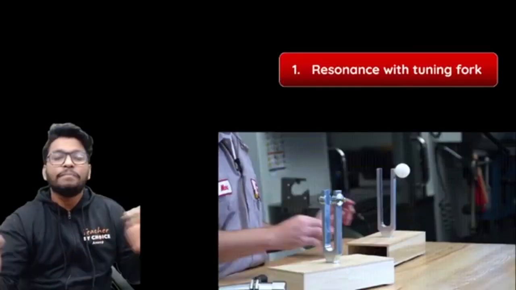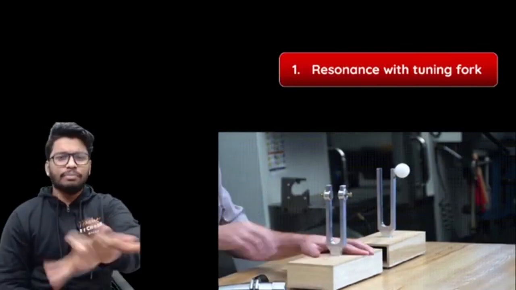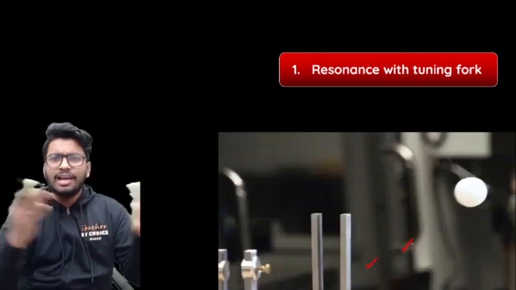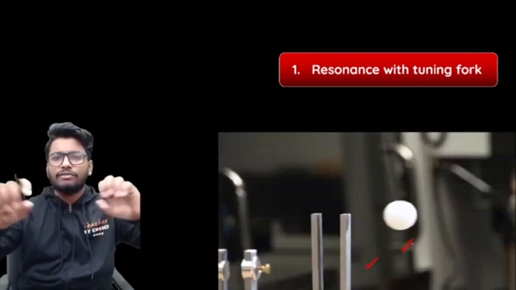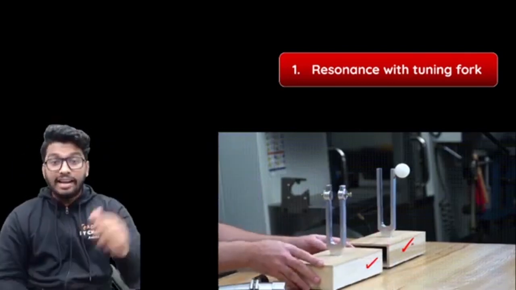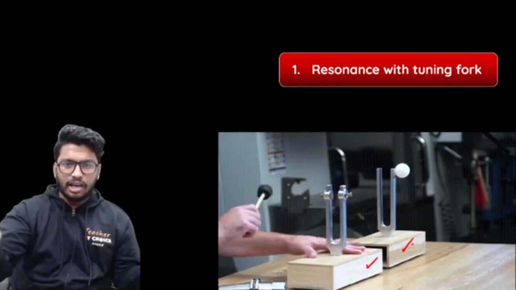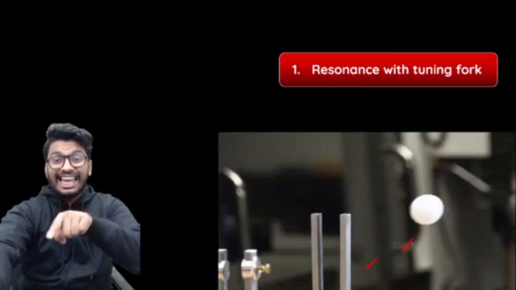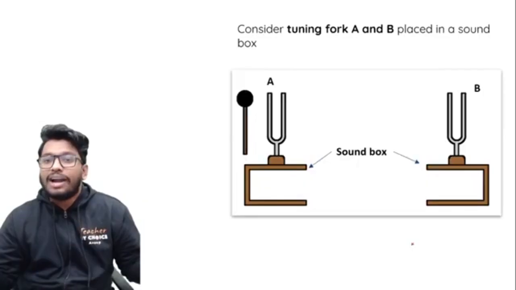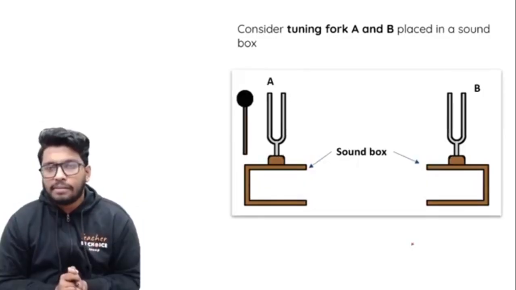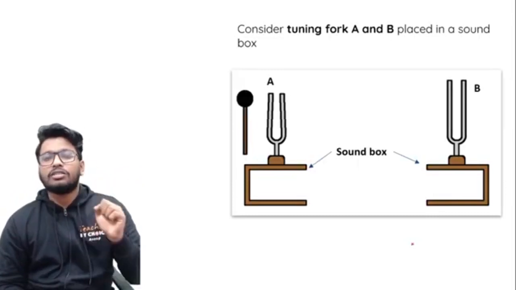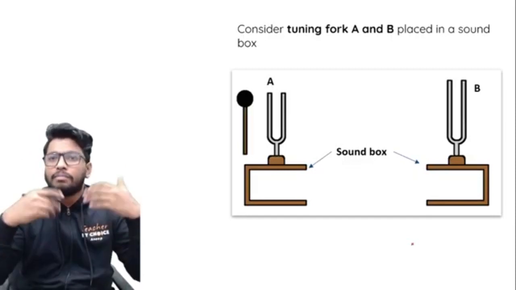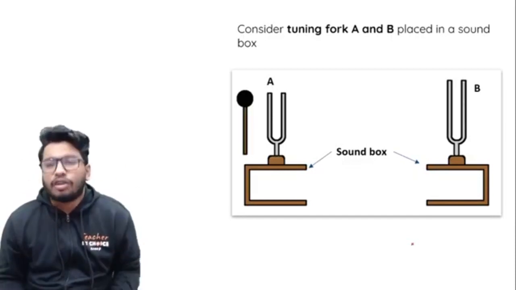The first demonstration is in the case of a tuning fork. Look at this experiment carefully. There are two tuning forks. There's a box at the bottom called the voice box, and there's a little bit of gap in between. Now the person hits the first tuning fork with a rubber gong, but then you see that the second tuning fork also starts to vibrate. Why does that happen? Here's what happens, guys. When the person hits the first tuning fork, it starts to vibrate with its own natural frequency.